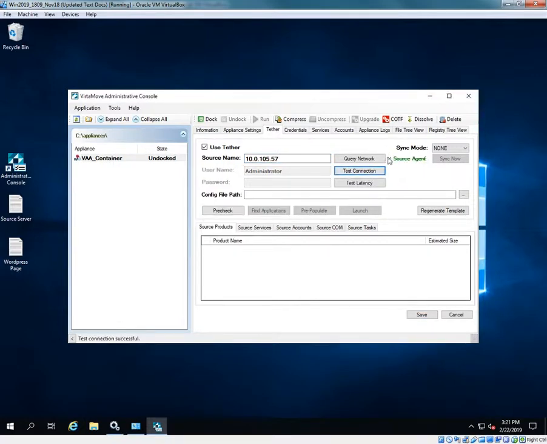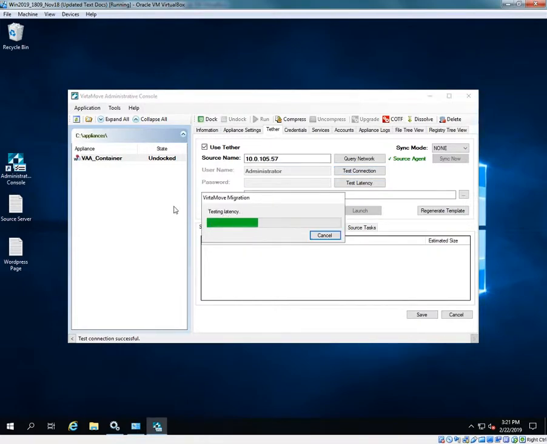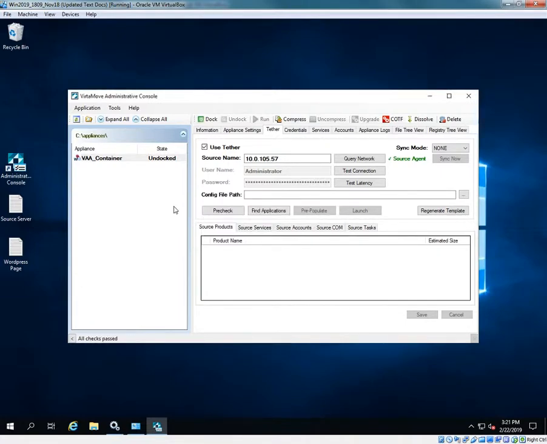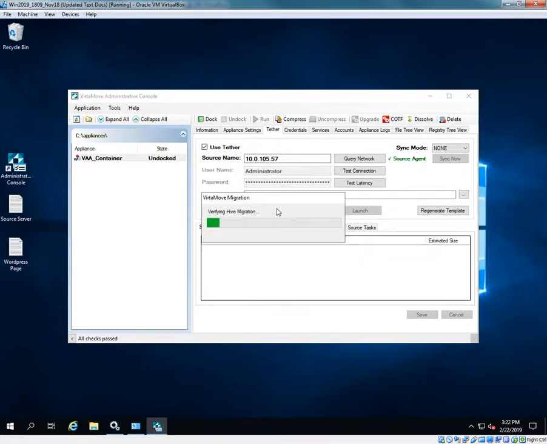Once the connection is confirmed, we need to perform a pre-check to ensure that there will be no barriers to migration of application components between the two servers. The pre-check is based on many years of migrations at VirtaMove and is critical to the success of migration. Now that all the checks have been successfully passed,